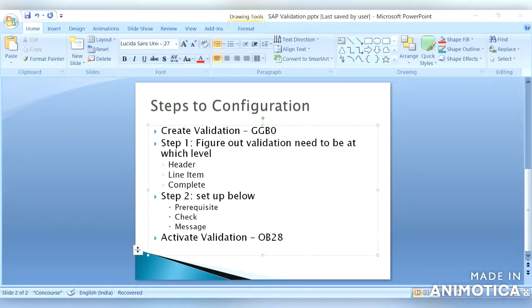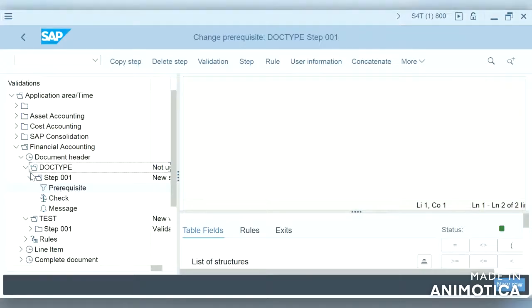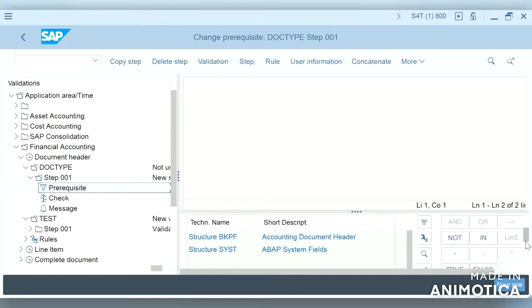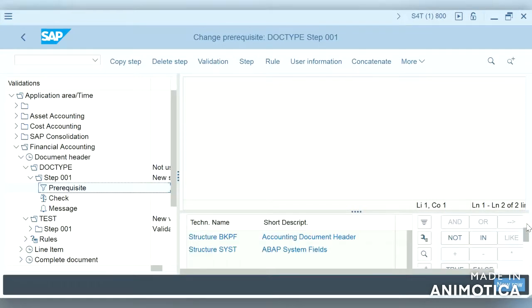Let me show you in the SAP screen. Prerequisite, check and message. In the prerequisite screen, if we double click on it, what is our field? The prerequisite for us is user ID.